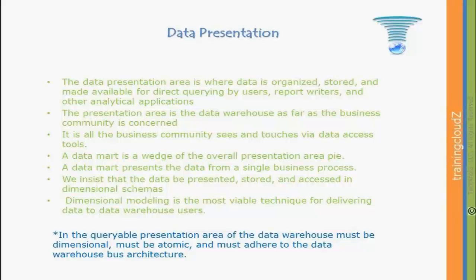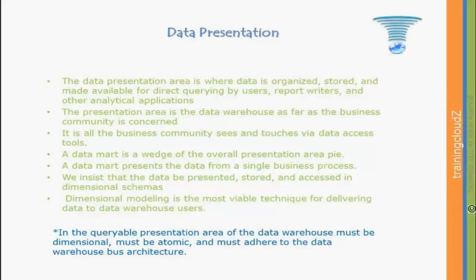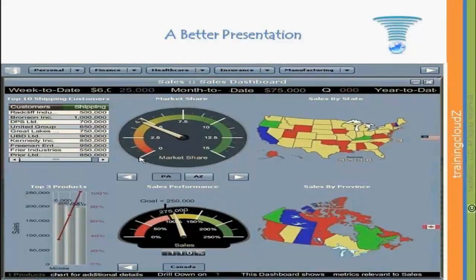So it is only a part of it, the atomic data. People will be very picky: I want a breast piece, I want a leg piece. In the same way, business is very picky. They want the dimensional data, they want the most atomic data from the data warehouse bus architecture. That is what the data presentation layer will talk about. Finally, they want a better presentation, guys. No one in the world wants to look at the report